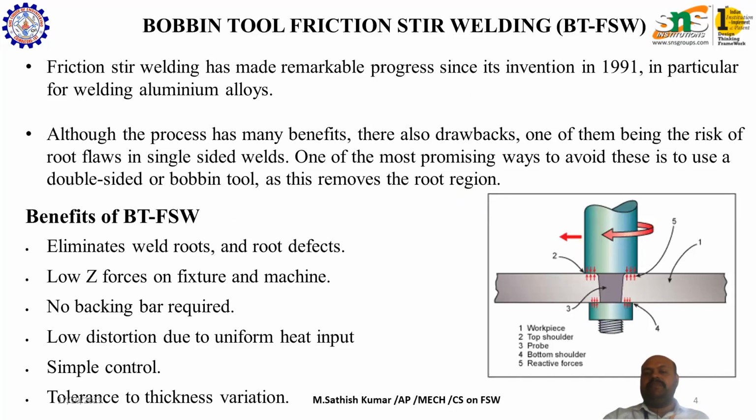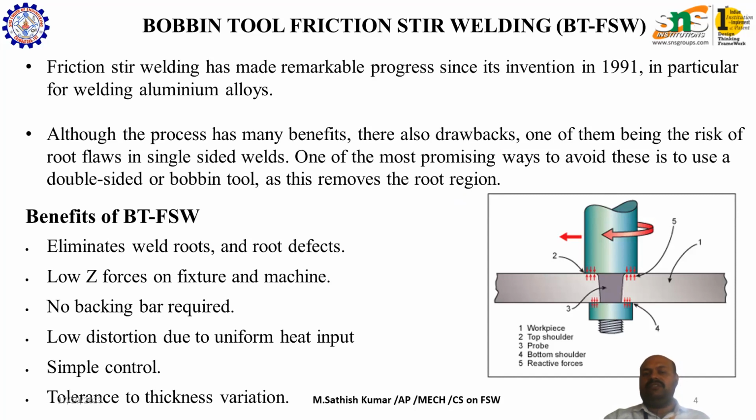image here, where friction stir welding has made remarkable progress since its invention in the year 1991 by The Welding Institute, UK, in particular for welding aluminum alloys. So we have the workpiece here and we have the friction stir welding tool here. Here it is shown that a self-reacting tool is available, called the bobbin tool friction stir